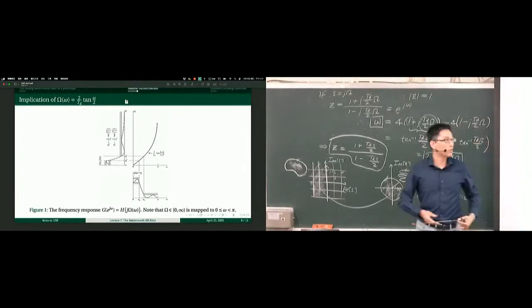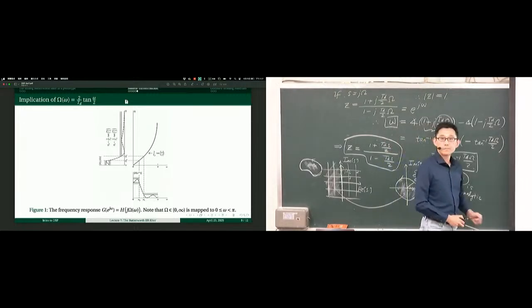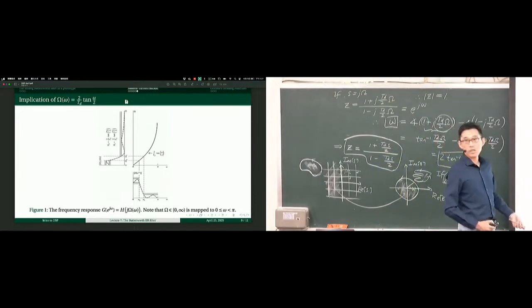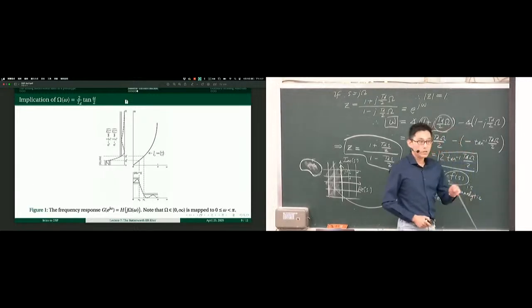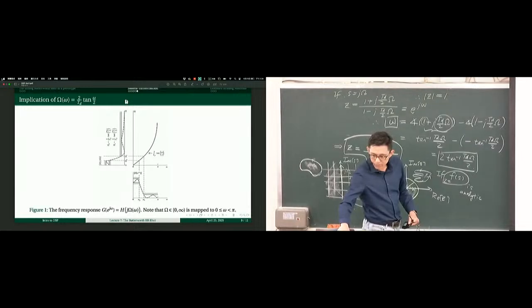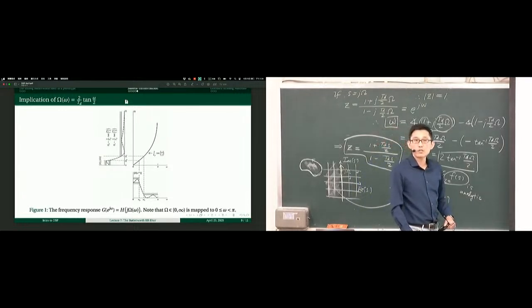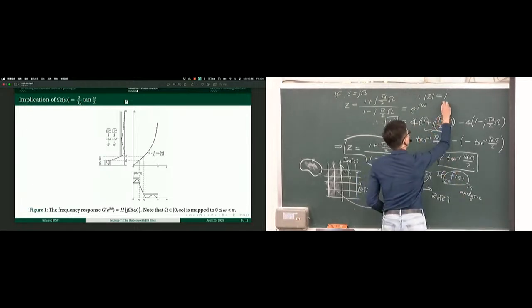Okay, let's come back to big omega and small omega. Now we have a relation between the small and the big omega. One of you asked a very good question. In the beginning of this semester, I was talking about a simpler relation between big and small omega. What is that? That is when we talk about sampling, when we discretize our time axis. So we go from a continuous time function